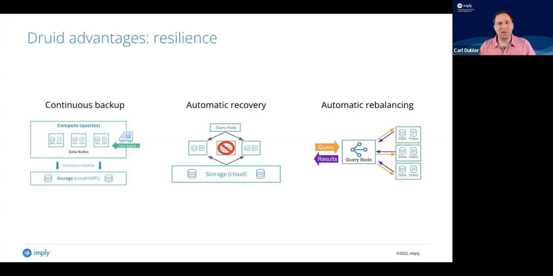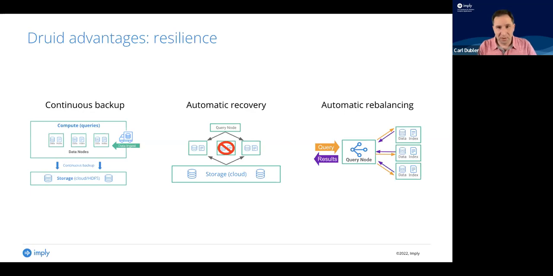So really, the only thing that's going to take this system down is if you're, say, running on S3 as your deep storage layer, if that whole region of S3 goes down, which happens, on occasion. And I think it happened pretty recently, actually, with the eastern region of S3. That would be the only thing that's going to cause you any downtime at all.